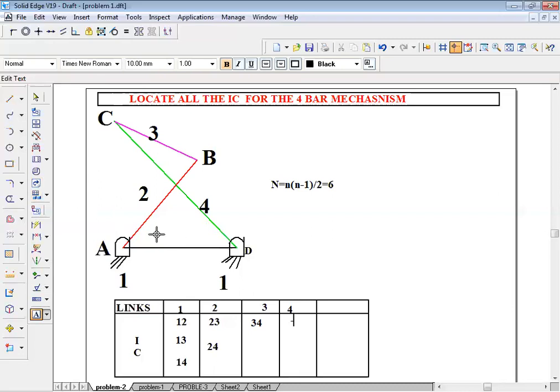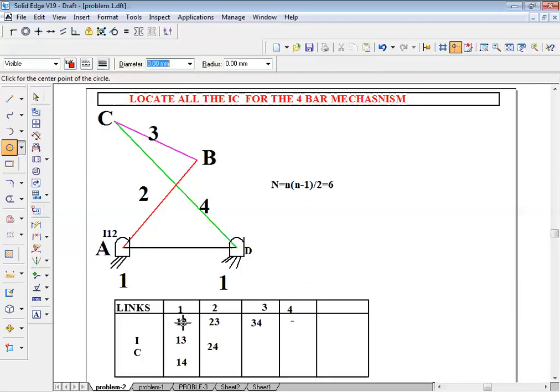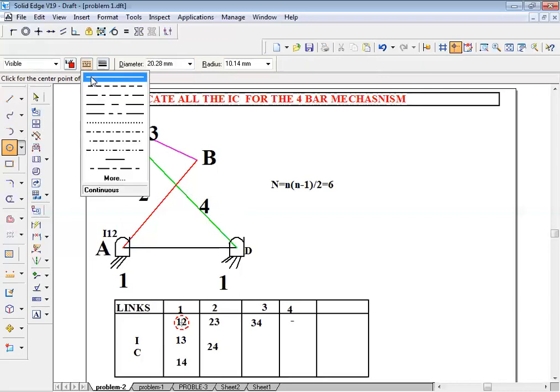You can see where I12 will be, where link number one is this one and link number 2 is here. So we can locate it at point A, which we call I12. It is known now, so I will mark it with a red circle, or a tick mark.